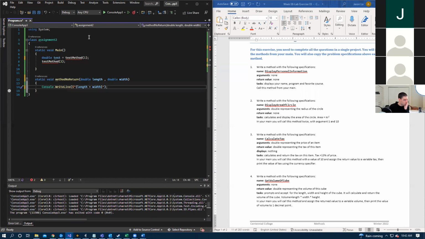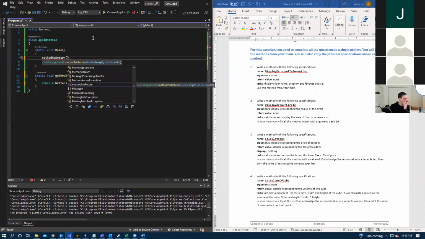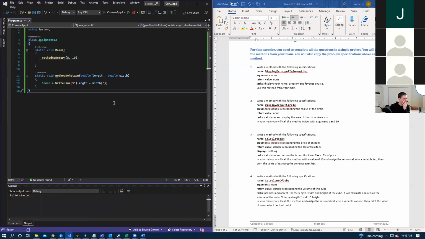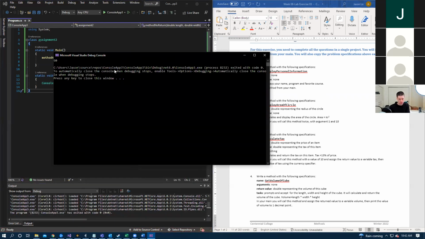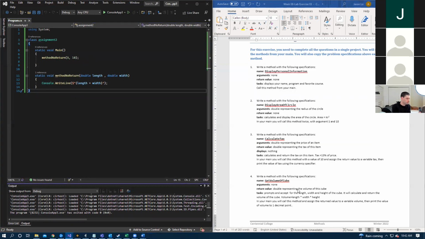So we can call this method no return with 5 and 10. And this will give you the square dimensions of 50, at least it should. So it gave us dimensions of 50, which arguably is what this is asking to do. It got the volume of a cube,